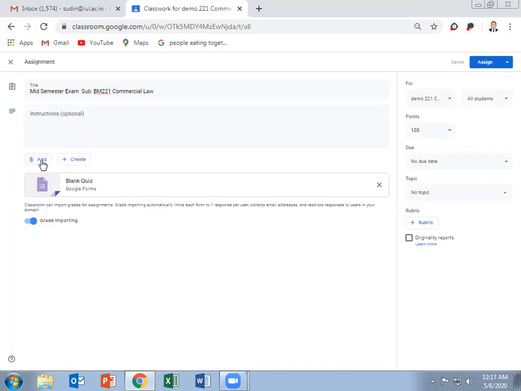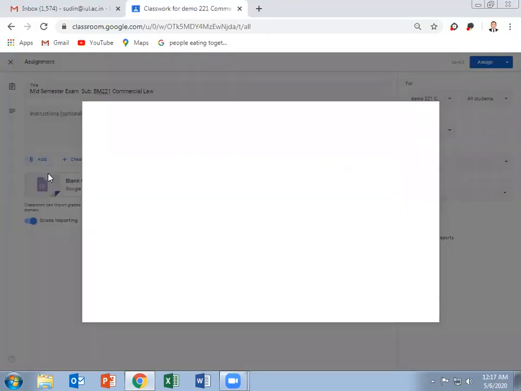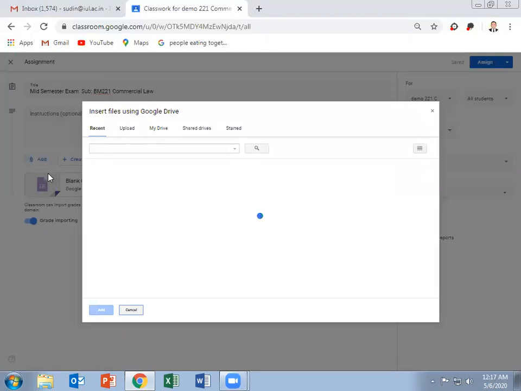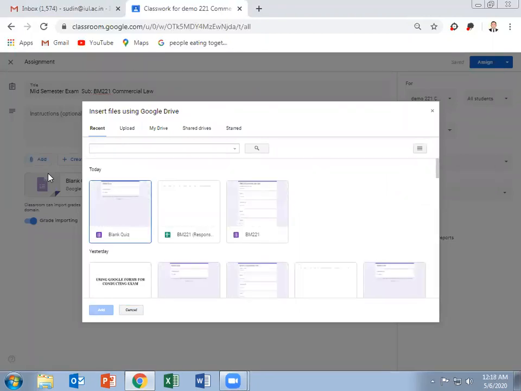Now we can see add and create buttons are there. We have already created our quiz. Simply we have to click on add, go to Google Drive, and here we see that we have created a quiz BM221 already, right?